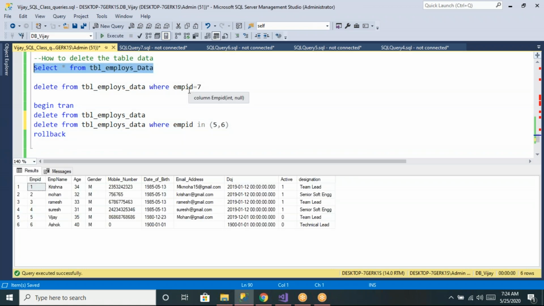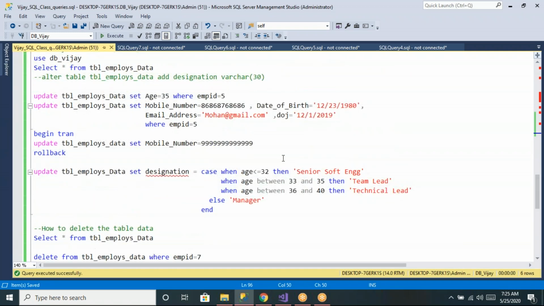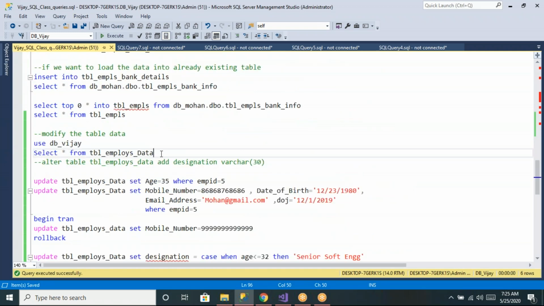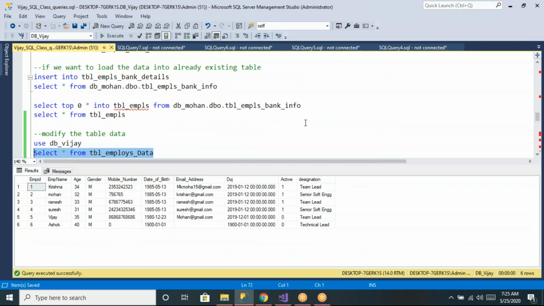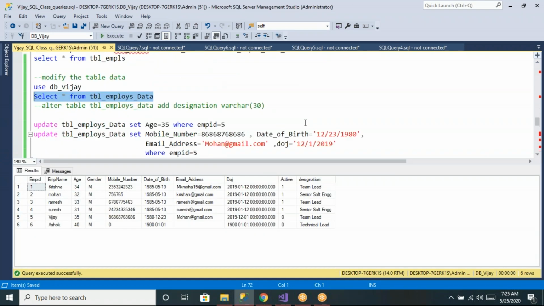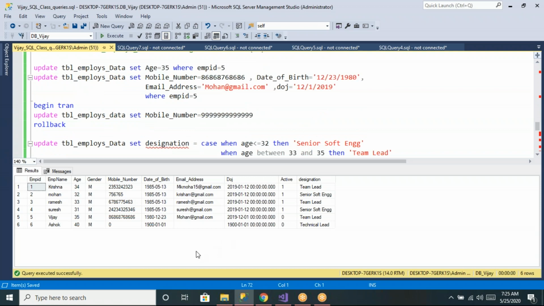Krishna asks: the in operator can be used for update also, right? Yes, that is also correct. So you can apply this for the update operation also. Now you can see this is your table data. If you want to update both 5 and 6, for example to the same date of join, let us say we are updating for employee 5, then if you want to update this for employee 5, 6, you can do that.